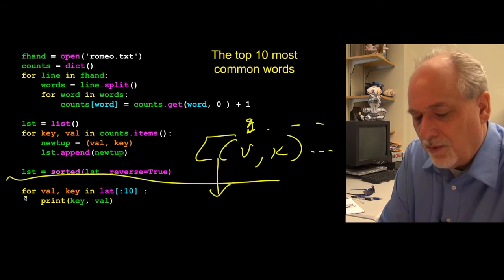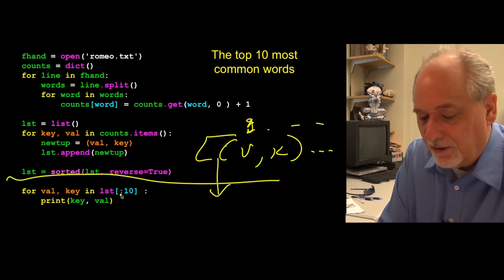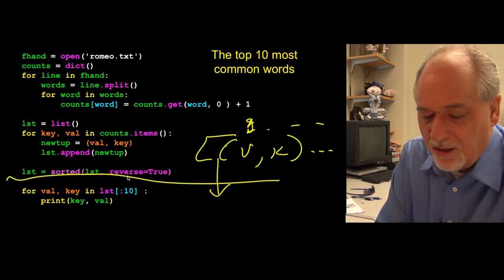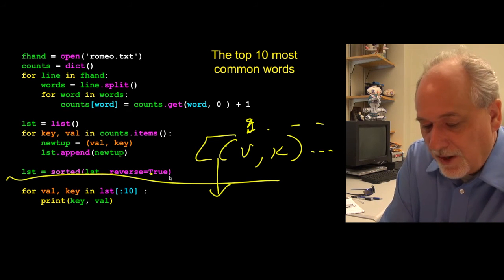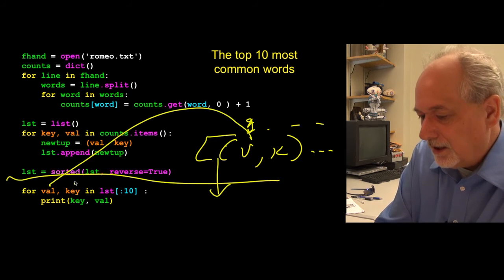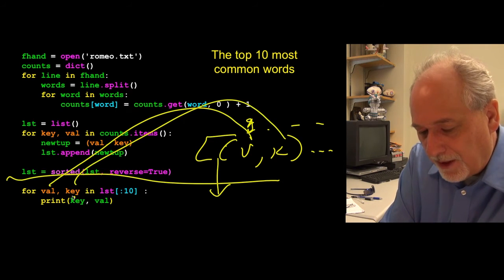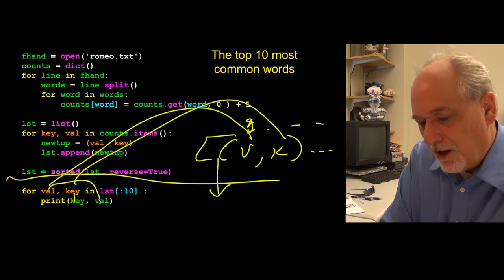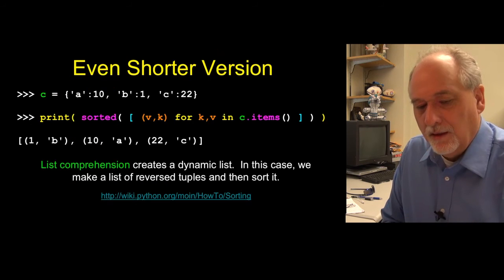And so we're going to run through, and now we're going to go through this new list, only the first 10, start at the beginning up to but not including number 10, which is the first 10. For value key in, and so value is good. So this is the iteration variable that's going to go through each of these things on and down, and then we're just going to print it out flipping it. So we re-flip it, flip, flip. We print it out key value, and it's going to work. Okay, so